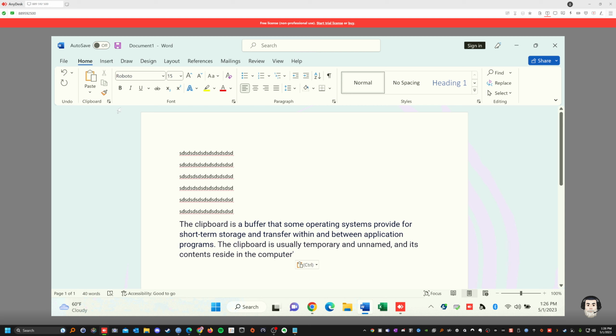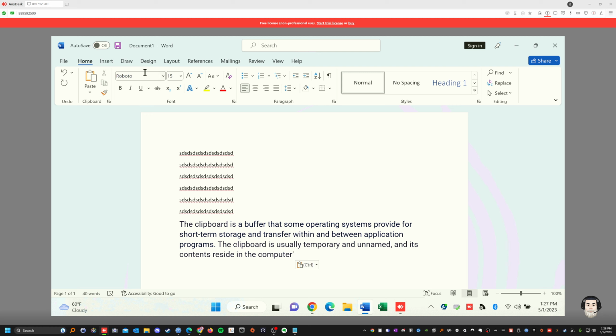Okay? So the next slide, so we did the undo and the clipboard. Clipboard is important if you want to copy and paste. Okay? Such as documents, such as photos, such as media, such as audio. It could be any format that you need.